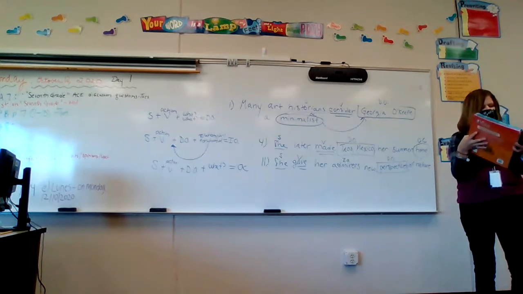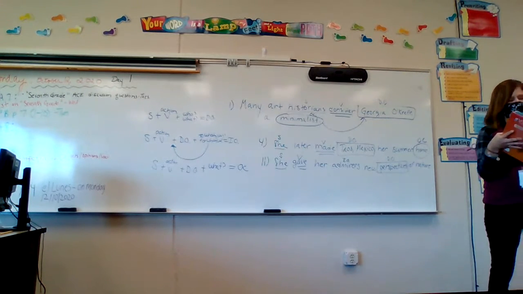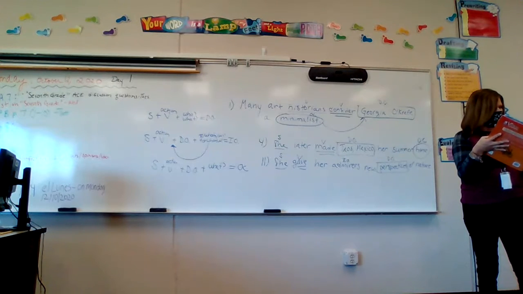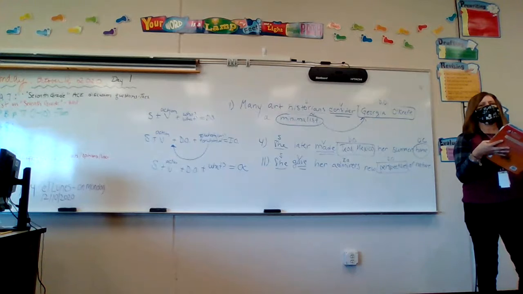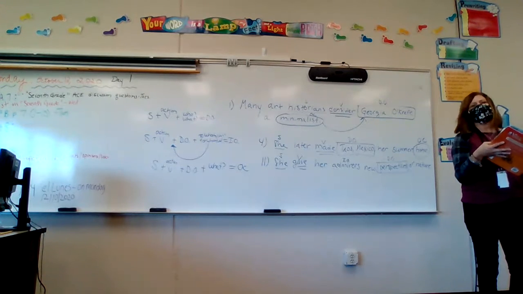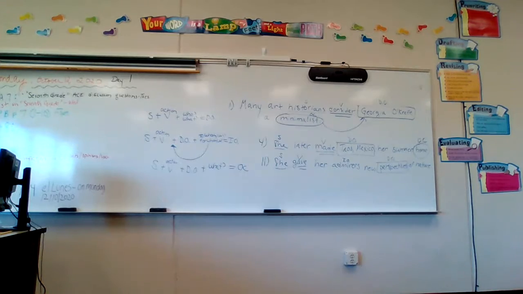An appositive names the same person, place, thing, or idea as the noun it explains. An appositive phrase is an appositive and its modifiers. So